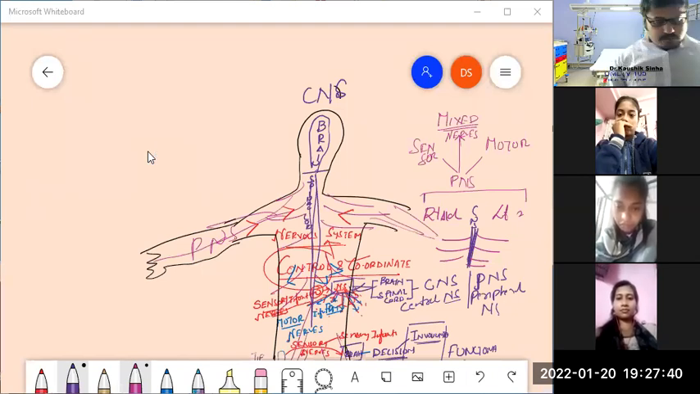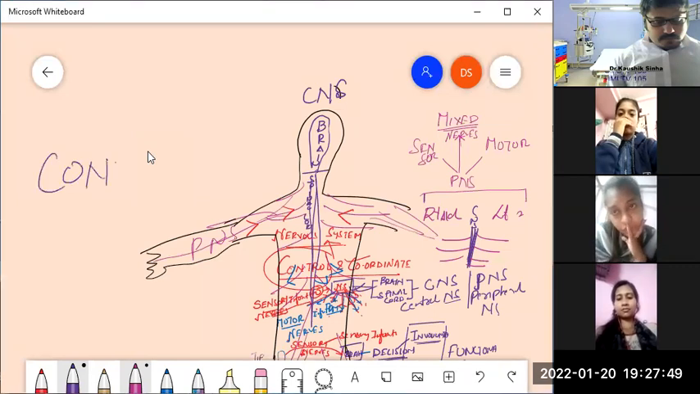Okay. So for conductance, what is basically needed? Sometimes my camera is disturbing and the other time the board is disturbing. Anyways, for conductance,